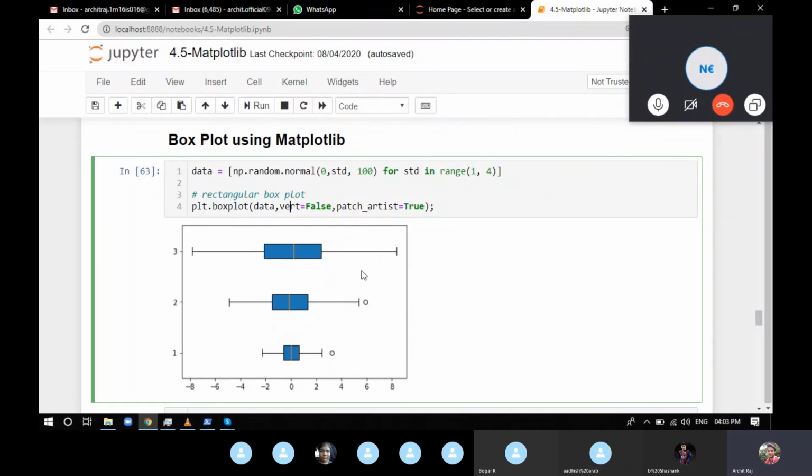Now what exactly a box plot represents is the minimum, 25th percentile, 50th percentile, 75th percentile, and the maximum point. So you can see the starting line of the graph is the minimum, the minimum number that you can get in the data. Third will be the 25th percentile. This will be the 50th percentile. This is the 75th percentile. This is the maximum number. And for this particular one, as you can see, standard deviation of 0.